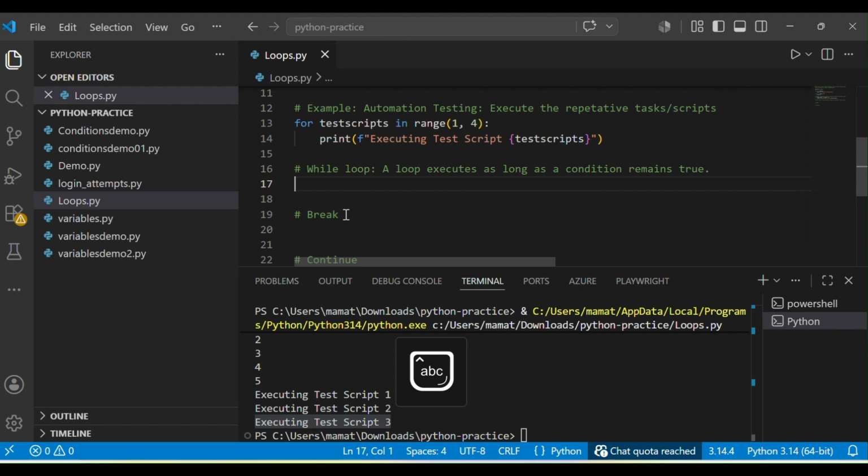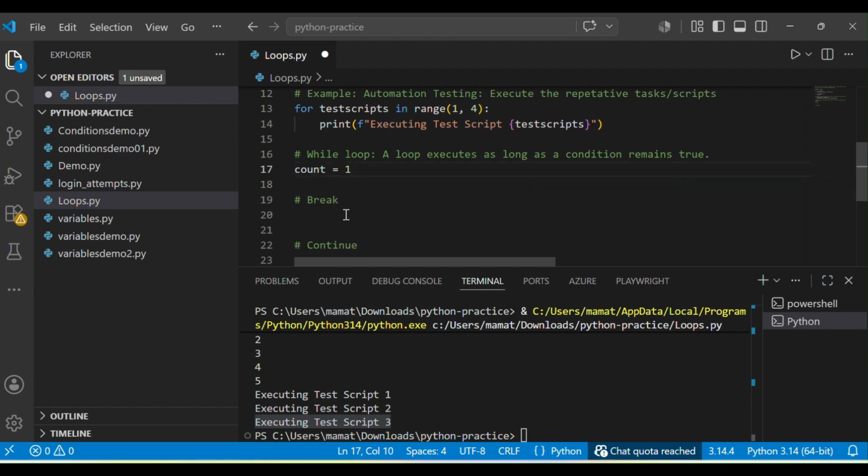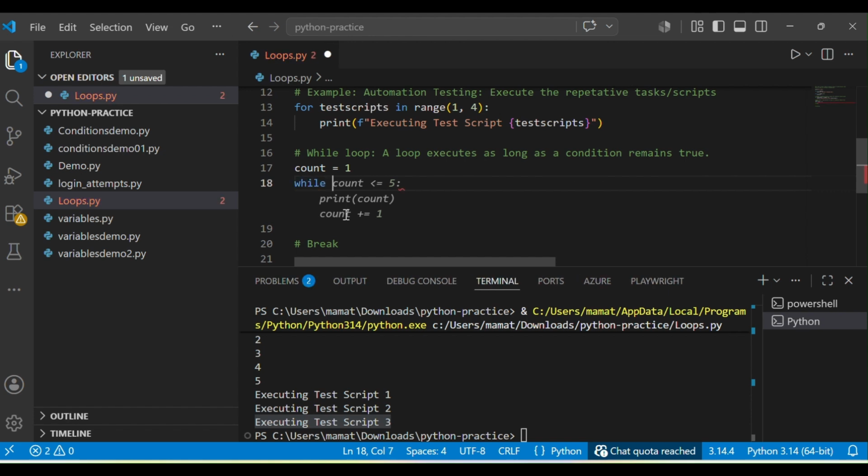So let's take an example. We wanted to print the values, starting the value addition from number 1, and then I wanted to repeat that particular printing till the value reaches 7. Okay, so now I can take the initial value, count is equal to 1. I wanted to start the counting from 1, and I wanted to keep counting till the value reaches 7. Okay, so now I can write a while loop here.